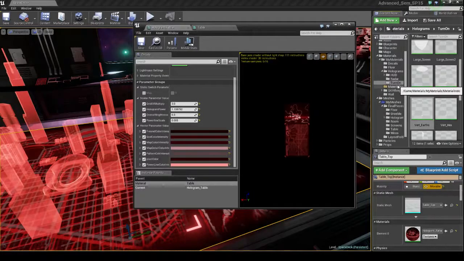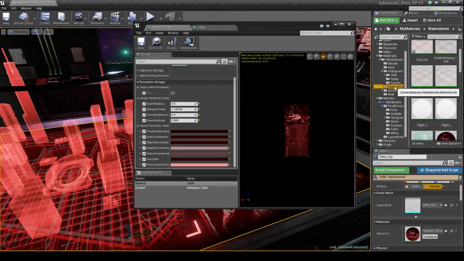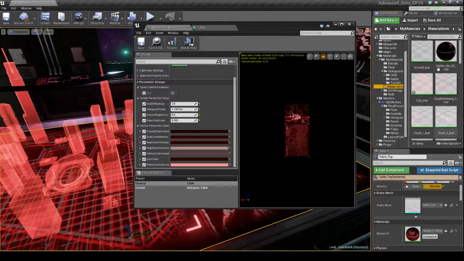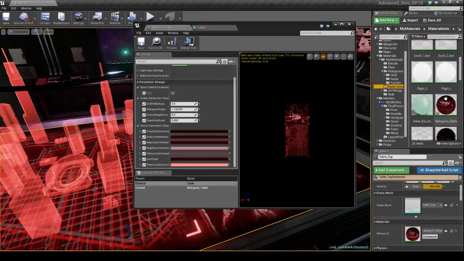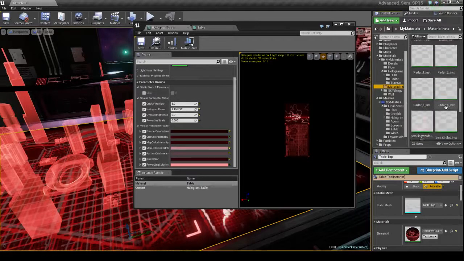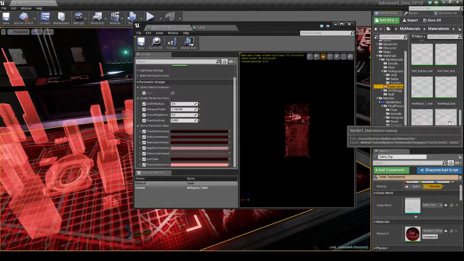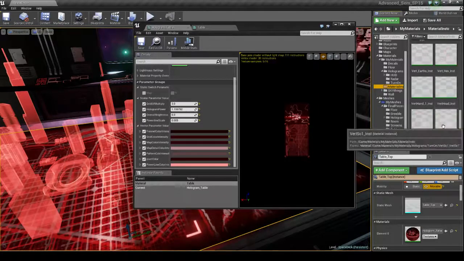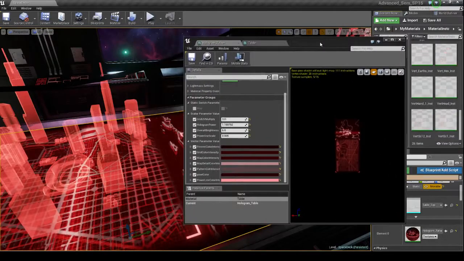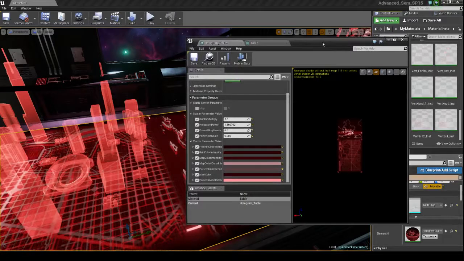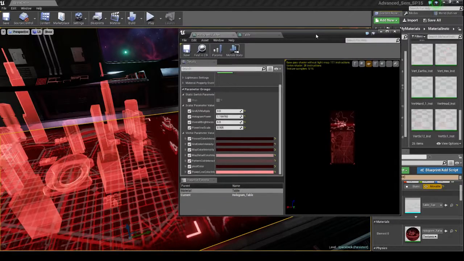So that's why it's very, very important to stay organized. I have all my material instances here, and you can actually see them here as well. It's a long list, lots of various things. My naming convention kind of got out of hand because I was just adding more things, adding more ideas, and just said the hell with it. But anyway,